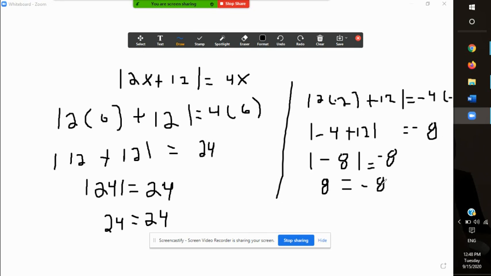So this, ladies and gentlemen, is not an answer. And that is an extraneous answer, which means an answer that does not satisfy or make true the first equation. So guys, these are the first 3 examples